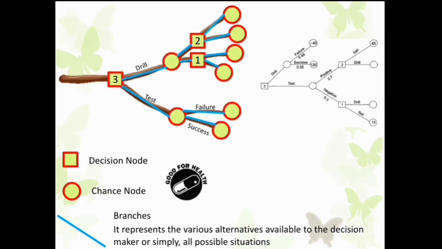There are three important features of a decision tree. The first and foremost is the decision node. It is that node, the joint or the fork, where the decision maker has to take a decision among many alternatives. The second one is known as the chance node, where the events or the states of nature are branched out. This node is beyond the control of the decision maker. He can only see the possible events that can play out as a result of an earlier decision. So the decision maker has no control over this node. He can only see the various possible outcomes.